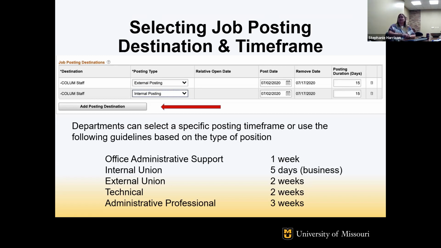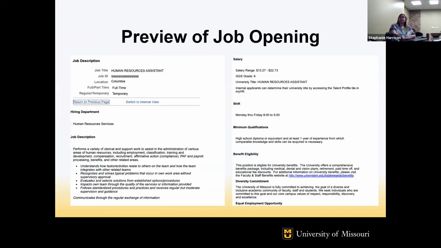After that, if you want to have it up for 2 weeks or a full month, that's up to you guys in the department. And then again, if you want to start reviewing applications and bring people in for interviews, you're welcome to do that at any time. You can make an offer to somebody anytime after that 5 business days, unless you've put up an application deadline. Then we're going to make you stick to that. But once you've done that, then you can preview what your job posting is going to look like.